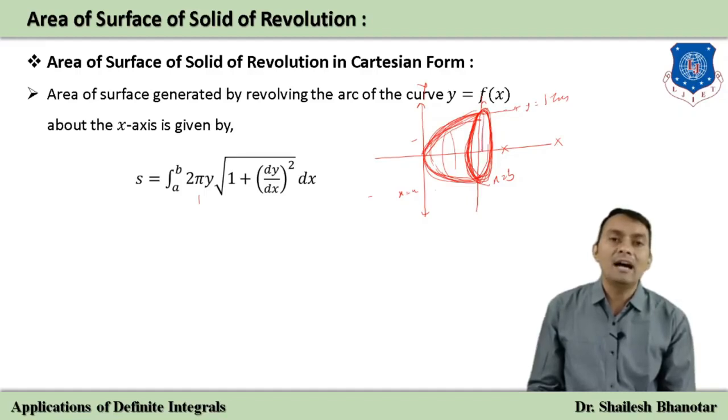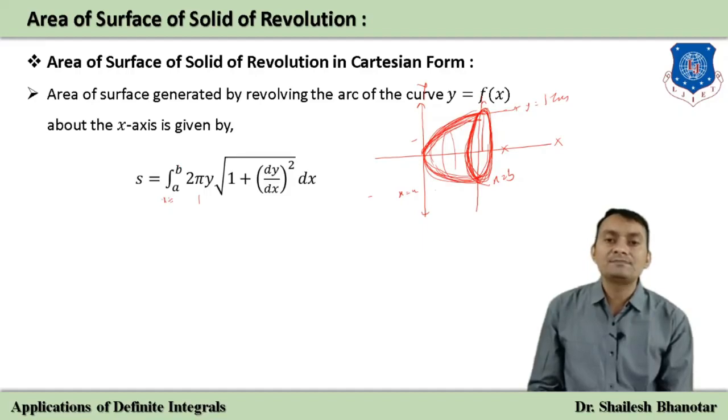2 pi r, but r is what? It is parallel to the y-axis, so I will write 2 pi y. But now I am just going to focus on this one arc. So what will be the arc length of this solid? Already we have seen that it is the square root of 1 plus (dy by dx) whole squared, into dx. But from where to where? We are planning from x equals a to x equals b, and therefore we can write x equals a to b.